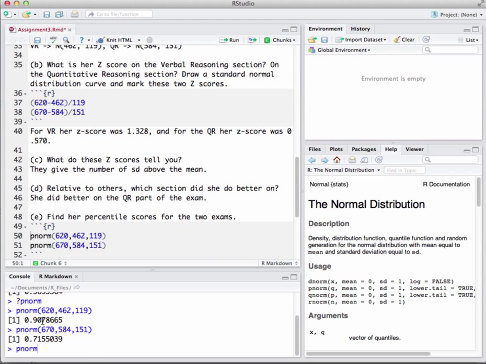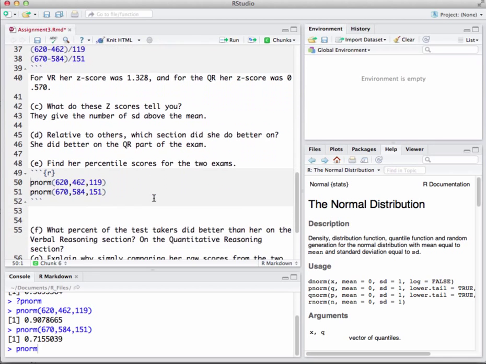So she scored really well on the verbal reasoning, and she didn't do bad at all in the quantitative reasoning either. She got in the 72nd percentile. Okay, so that's the work. We should come down and actually answer the question. In verbal reasoning, her percentile was, because we want to give that back as a percentage, 91%. Or you can say she was in the 91st percentile,